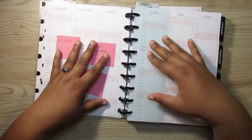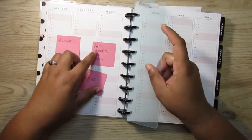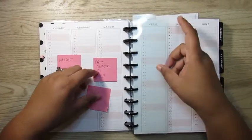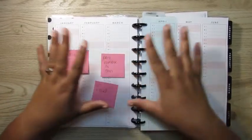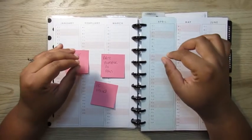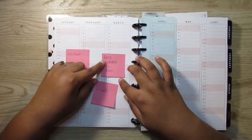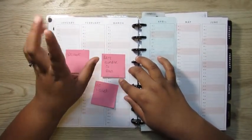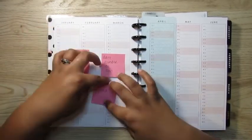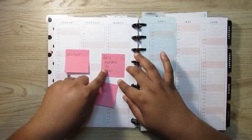So for my perpetual calendar, I do have this bookmark. This also came out of the original wellness pack, and I just labeled it daily. And I'm not specifically sure of what I want to use it for. I have some ideas. Drew a blank. Oh, so it could be one of these 3 things. I'm still toying around with the idea. Do I want to keep track of my